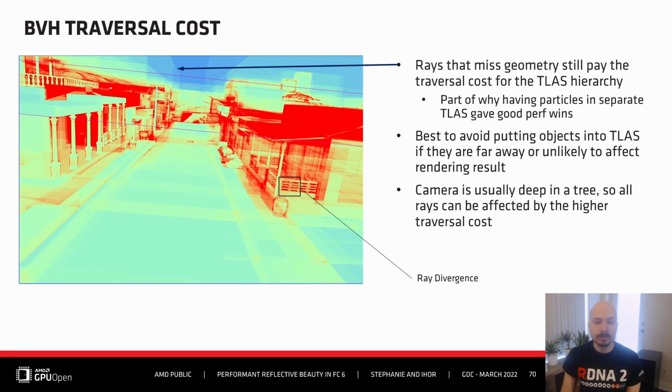And this is a big reason why limiting your TLAS is a big net win, and it was for our particles, where we only had particles in the TLAS instead of other geometry. It made the traversals much faster. A thing to keep in mind is that the camera is usually deep in your TLAS tree. You're going to be close to the geometry, you're going to be close to a lot of the things in your world, you're not going to be in the bird's eye view. And so if you have a deep TLAS, you're going to be paying that traversal in the common case for most of your rays. And so you really want to avoid putting a lot of objects in your TLAS